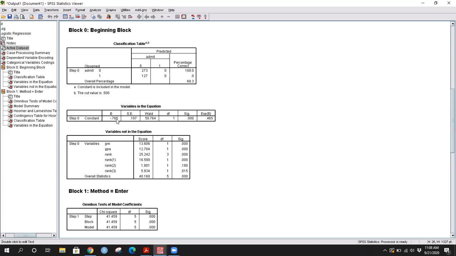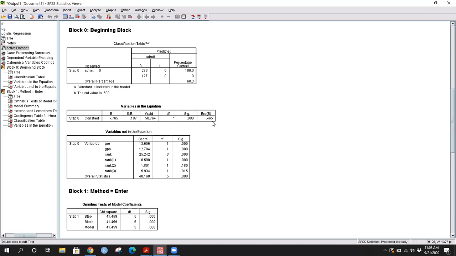And you would have rightly guessed that since this is a lower number, we would have a lower chance of that student getting admitted when all the variables are absent from the model. This makes little sense, I would say. Alternatively, if you exponentiate this log odds, if you take an exponential of this, then you will get the odds ratio. So this exponentiated beta means the odds ratio. That means this is nothing but the odds in favor of the student getting admitted when all other independent variables are taken to be 0.